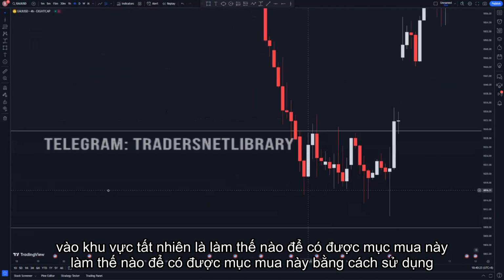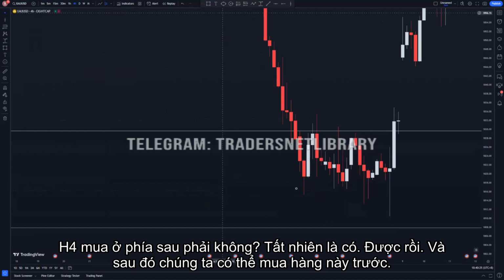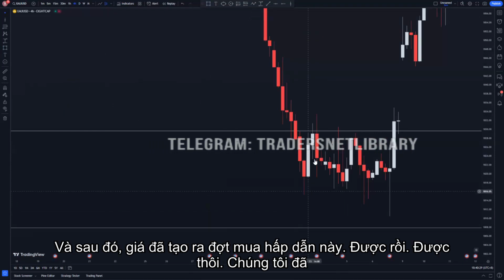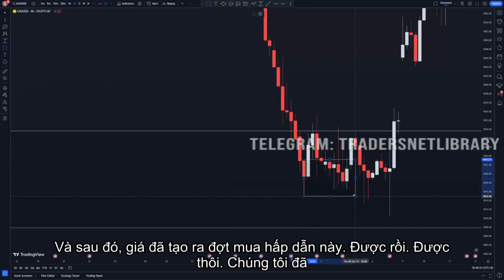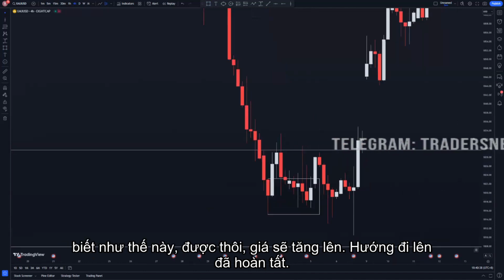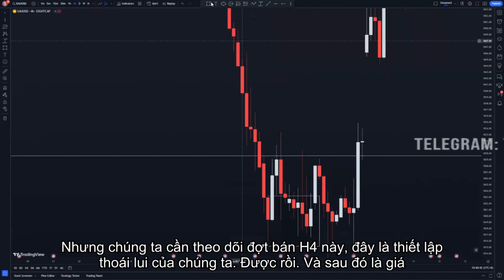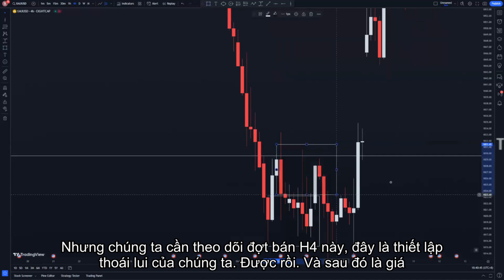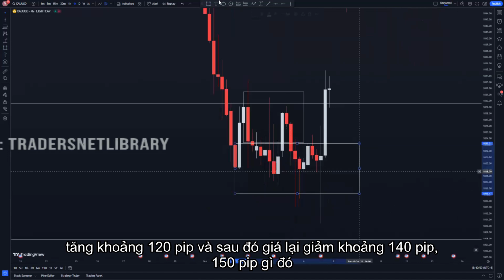Okay, by using the H4 buy at the back, right? Of course. And then we can take this buy first. And then after that, the price created this engulfing buy. Okay, we already know the price is going to go up. The direction is already complete to go up. But we need to monitor this H4 sell, which is our retracement setup. And then the price went up for about